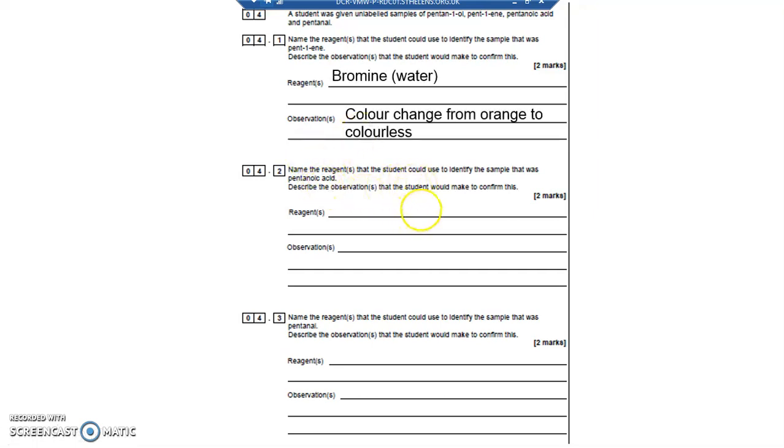Name the reagent used to identify the sample was pentanoic acid. So the easiest way of doing this is adding something like sodium carbonate that's going to form bubbles. I suppose you could add a universal indicator which would go orange, but sodium carbonate producing bubbles or effervescence, but bubbles is easier to write down than spell, so bubbles will get you the mark,